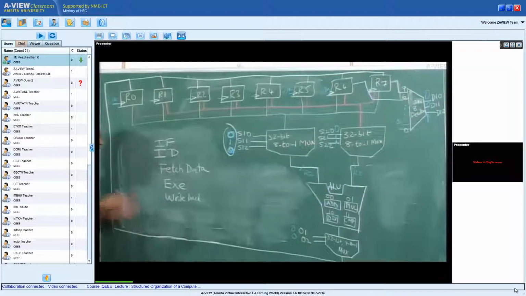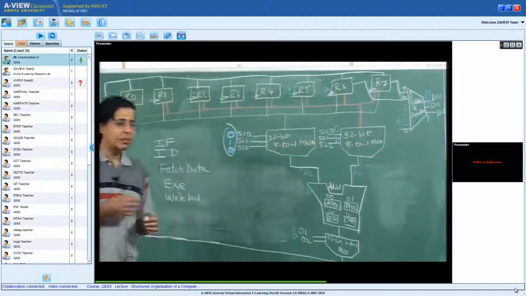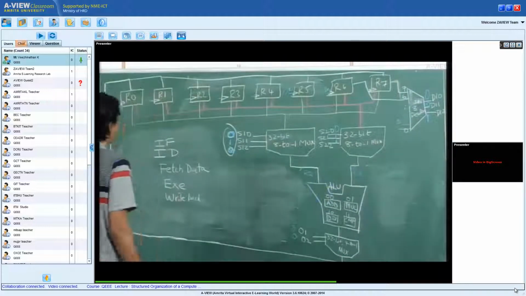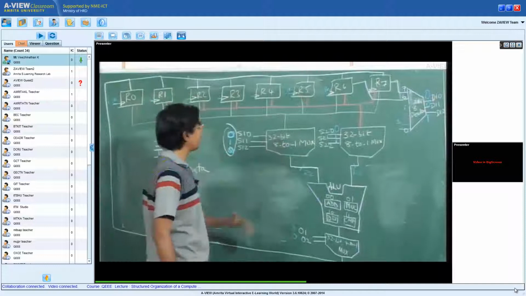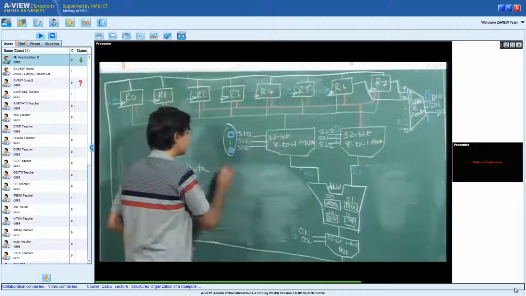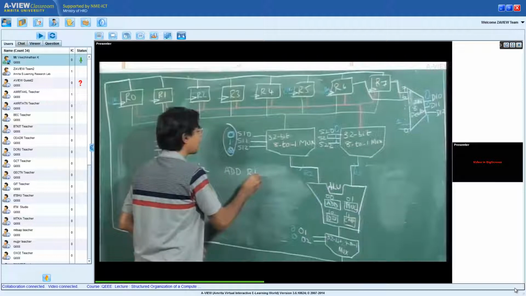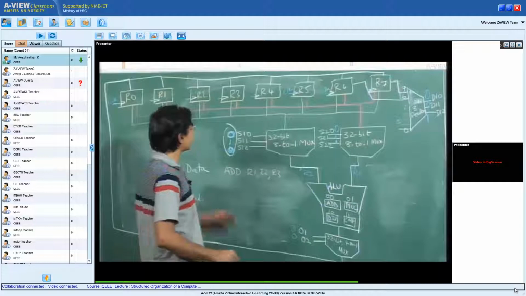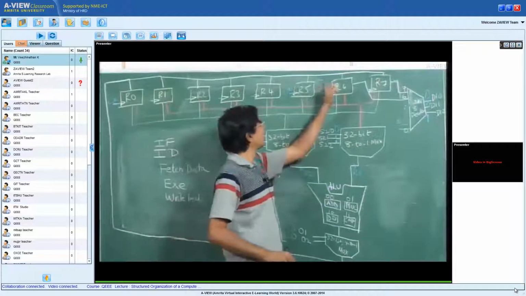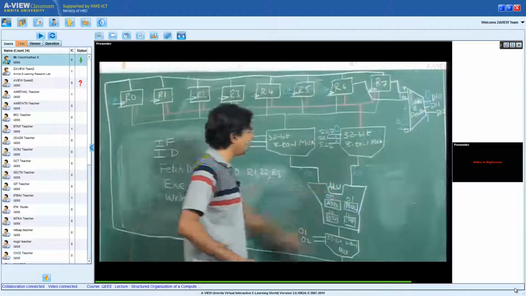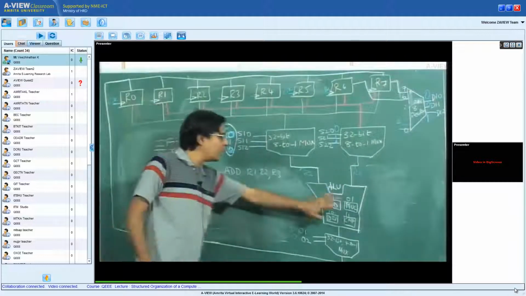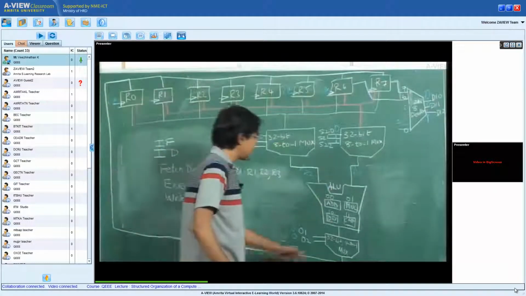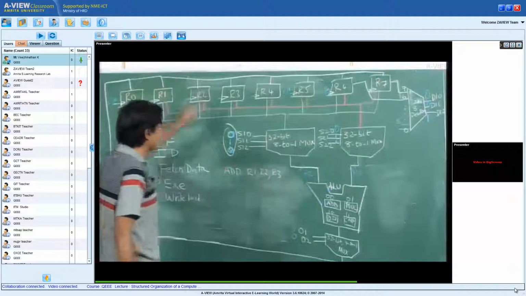Now one of the things, the second point that we need to look at here, is that when I fetch data, I did add R1, R2, R3. When I am fetching data, that is when the data is moved from R2 and the data is moved from R3 to this ALU. The ALU is not doing anything sensible, nor is there anything sensible happening on the return path.